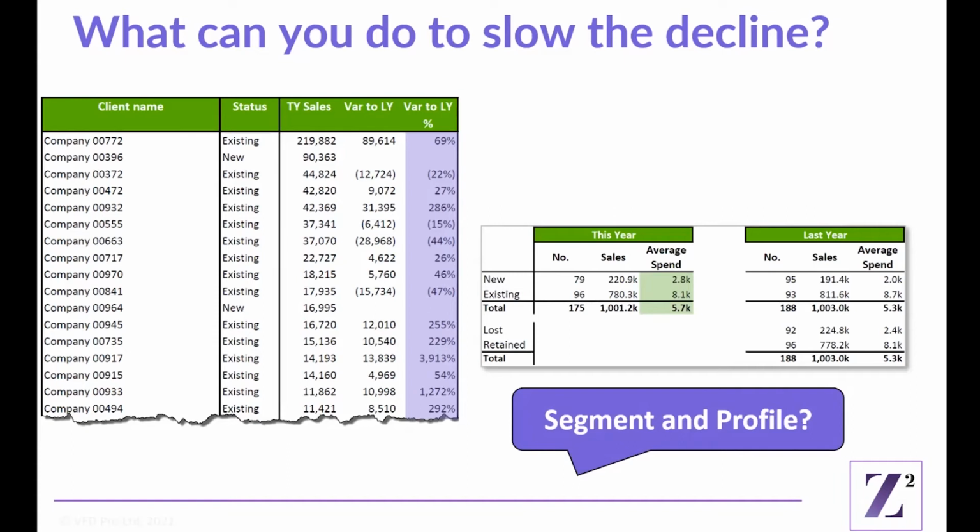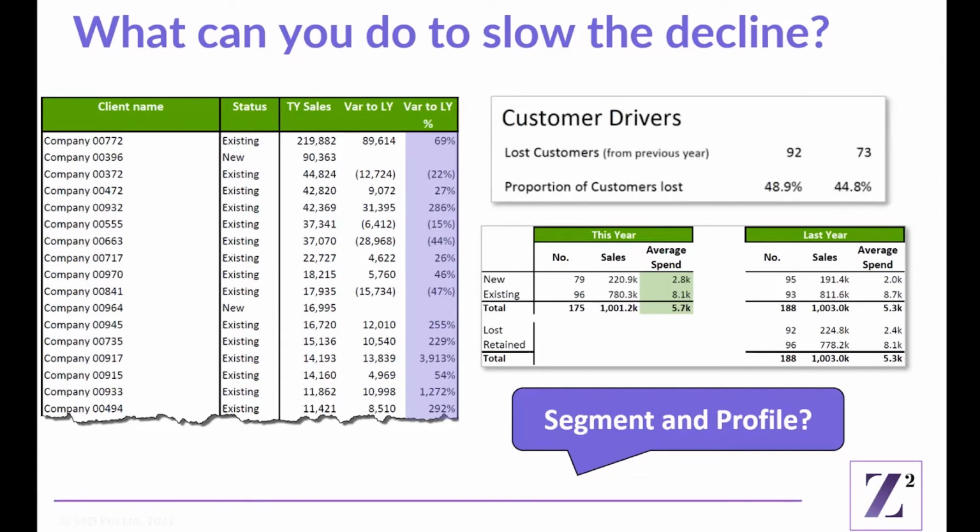Was this a result of Alex better understanding and targeting a better profile of customer, one that typically purchases in greater volume or higher value? As you'll appreciate, if we don't measure, it can be very hard to manage effectively. Maybe more pertinent for Alex and KPI software was by existing customers. We can see that whilst the overall number of existing customers did not change much, the average spend reduced from 8.7k to 8.1k. Clearly, strategies to reverse that negative trend will pay dividends.